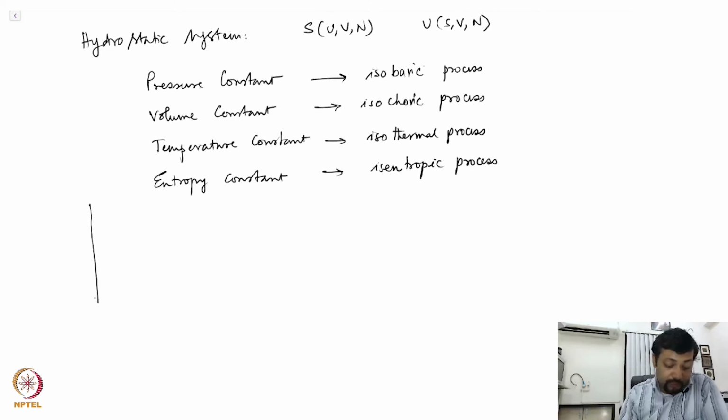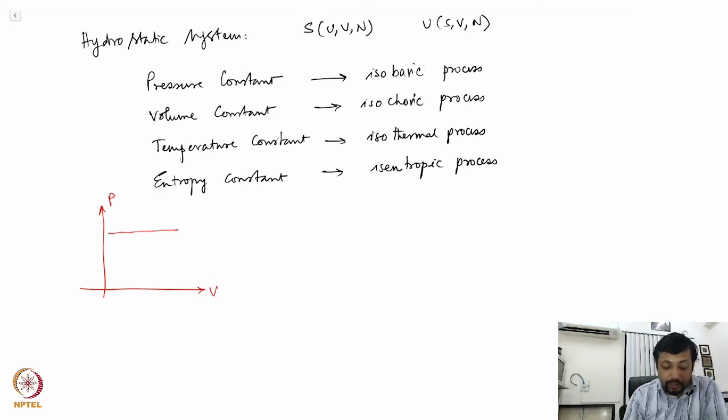So if I, for example, take the PV diagram, let's use a different color now. An isobaric process is where you take the system from A to B, where your pressure is held constant. And an isochoric process would be this one, where you go from B to C, where your volume is constant. Now clearly, how does an isothermal process or an isentropic process look?